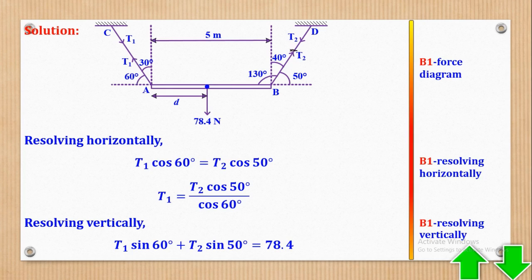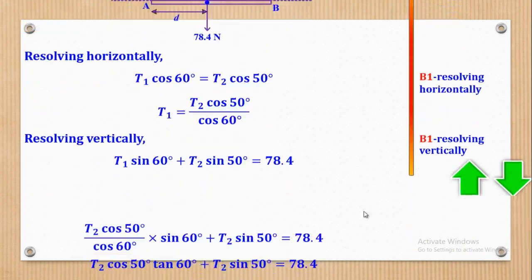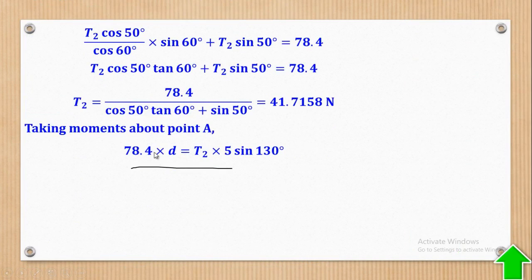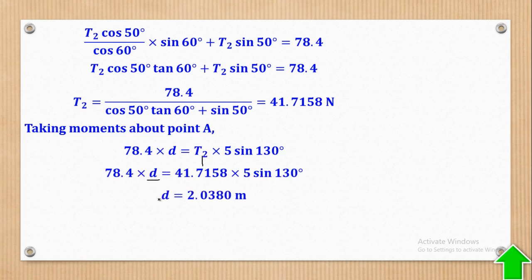Then for this force, it starts from here, meaning that distance from pivot to where the force starts from is 5 meters, and the angle between the force and the rod is 130, and the force is T2. Therefore, the moment will be T2 times 5 sine 130 degrees. So that is where that statement is coming from. So the good thing, I already know the value of T2, so I'll substitute for T2 and remain with D as the only unknown. Therefore, when I make D the subject, it will be